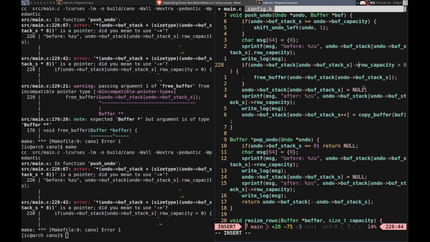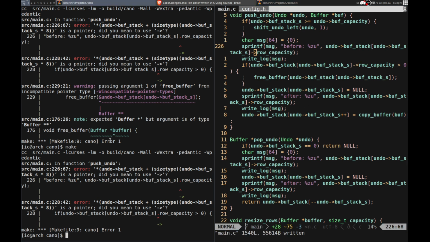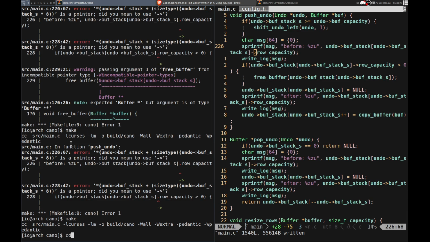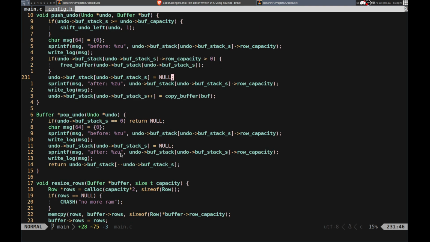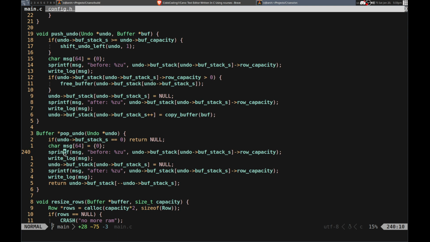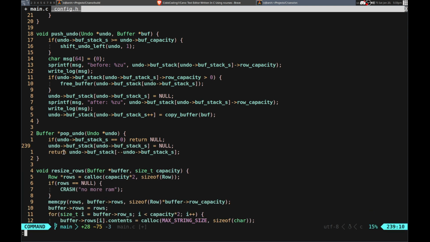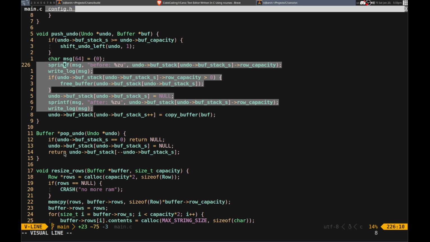Okay. And what is this one? Okay, and it compiles. I don't think it's going to work at all. Yeah, just like I thought it would. So, we need to update some places. Let me get rid of all of these. Still set it to null in there. Just want to make it easier to,